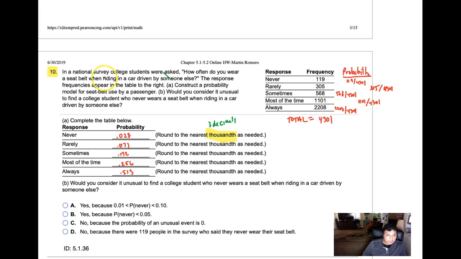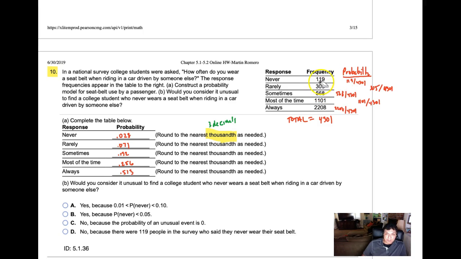Let's go ahead and take a look at problem 5.1.36. So here what we have is a table of frequencies, a frequency distribution, and we're going to convert that into a probability model by converting those frequencies into